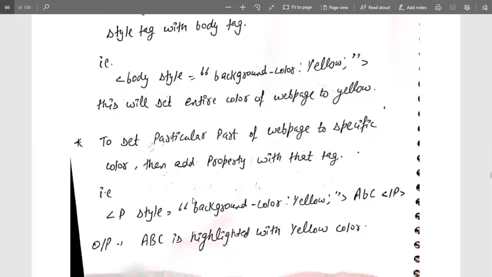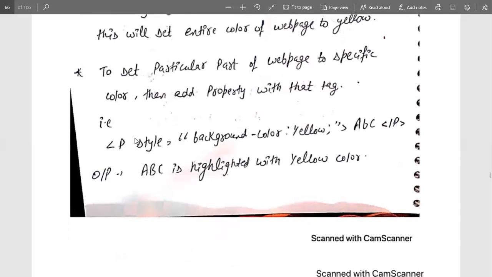For example, over here, P is a tag that contains a style, and the style has an attribute background color. Now background color colon is equal to yellow. That means the background color will be represented as yellow. And once this is done, the content we want to insert here will be represented in yellow color, because this feature is now applied in the paragraph tag only. So the paragraph that contains this information will be shown with the yellow color.